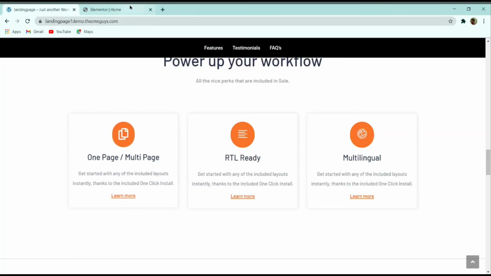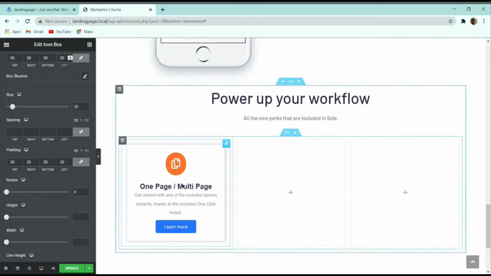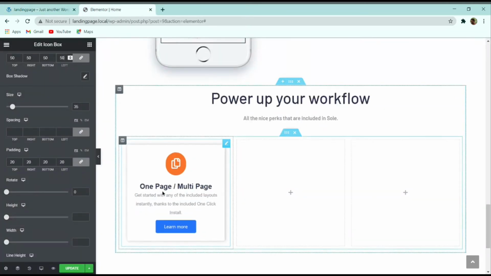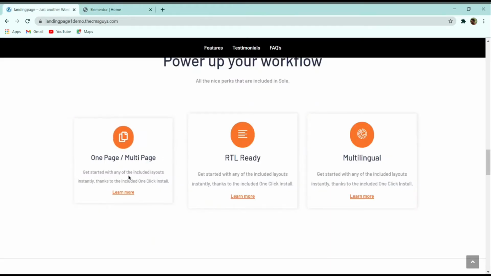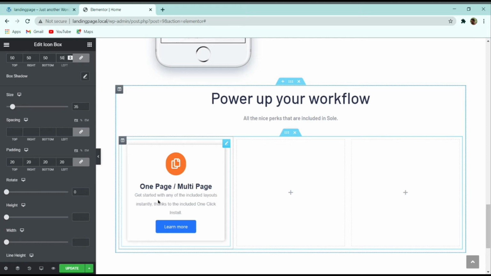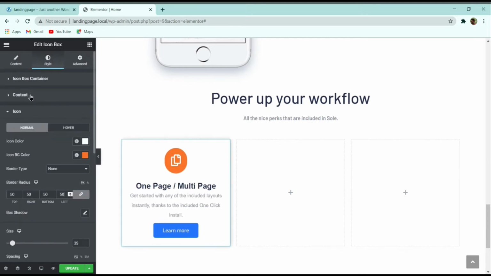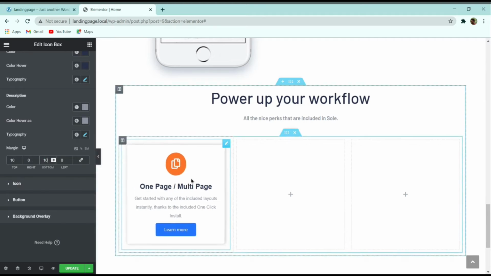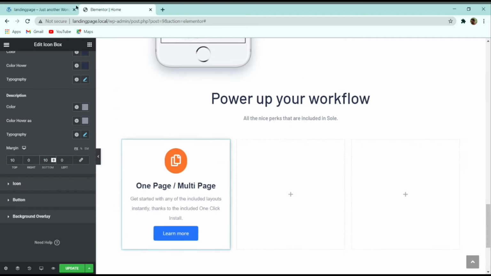So here you can see that now we have to customize this button to get everything right. You can see that there is a gap between this title part and the description part, but here we don't have any gap. So to create that gap, again we can go to this content, and here you can see this margin option. Simply unlink it, and here you can give a top margin of 10, and also give a bottom margin of 10. So now let us customize the button.